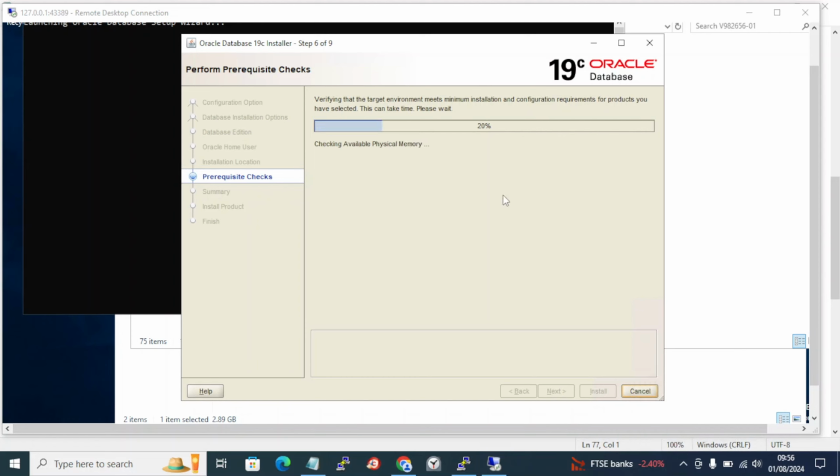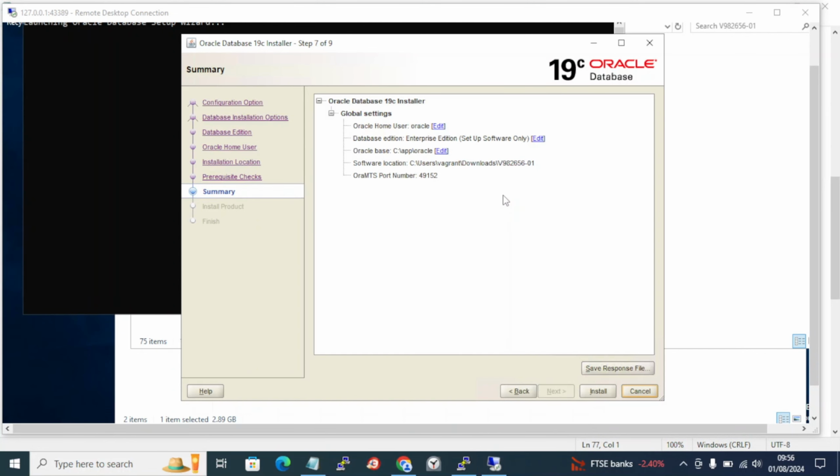I think it will do the validations that it does using the run installer, and normally I think it uses the cluvfy utility only. Now you can see the installer went past the critical error that we were facing. Oracle home user is oracle, and the edition is Enterprise Edition. We are using software setup only. Oracle base is C:\app\oracle, and